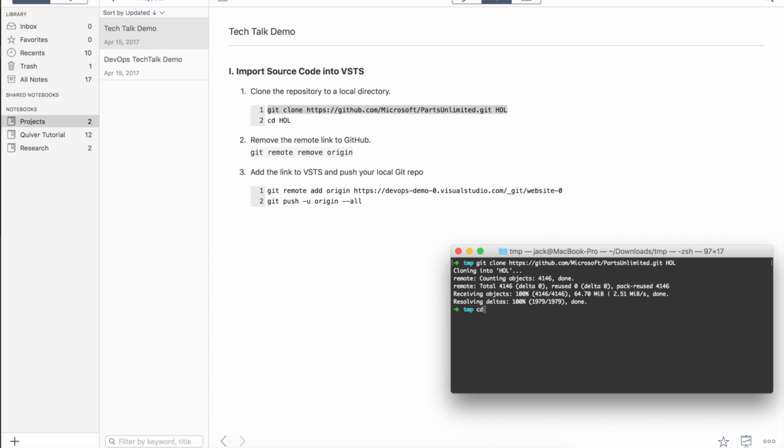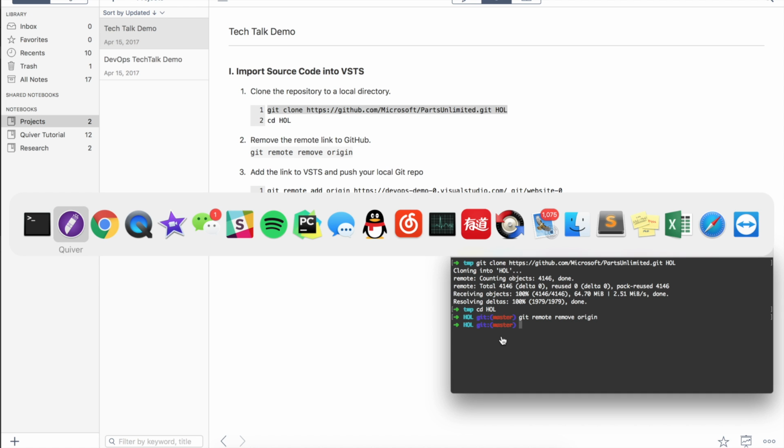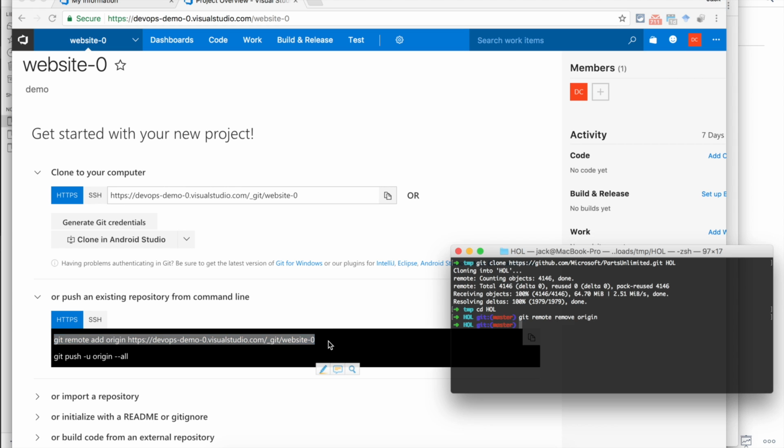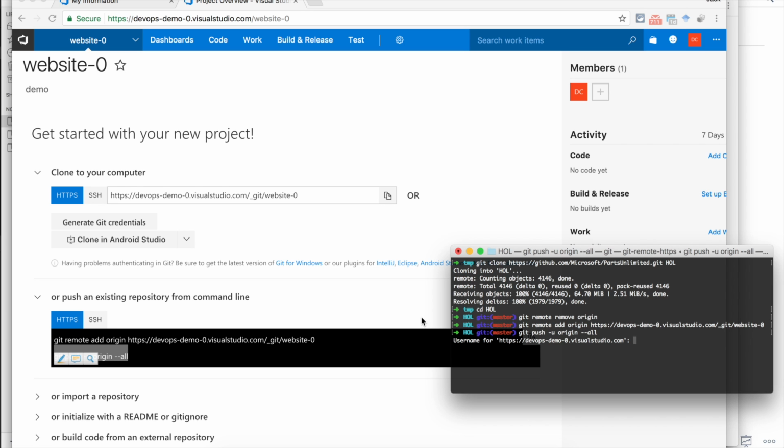Okay, so cd into this and remove the remote origin, and then from here we can add this origin and push into our Visual Studio Team Services. It will ask for the username. It will be